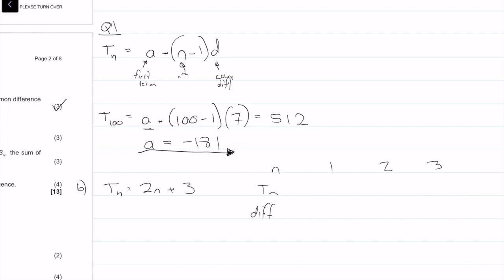For n equals 1, that's 2 times 1 plus 3, which is equal to 5. For n equals 2, that's 2 times 2, which is 4, plus 3, which is 7. For n equals 3, it's 6 plus 3, which is 9. Now if we find the common difference here, 9 minus 7 is 2, 7 minus 5 is 2. Therefore,